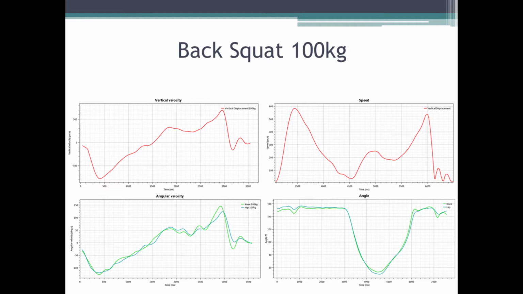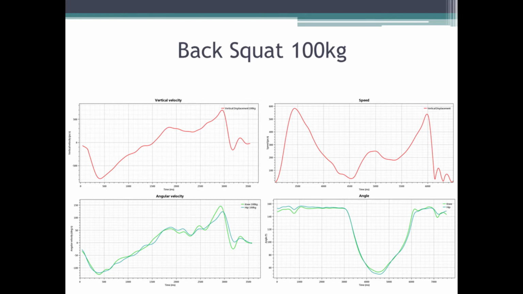The angular velocity and angle of the hip suggest a simultaneous unlocking of the knee and hip, which is in contrast to the technical model's criteria, which suggests initially unlocking at the hip, which is proposed to shift the weight to the posterior chain and be a stated strategy for the lumbar spine. Looking at the speed, a sticking point seems to have occurred after approximately 2 seconds, evident by the small dip